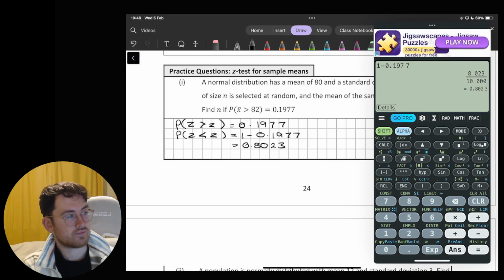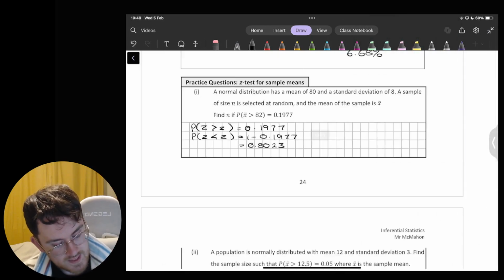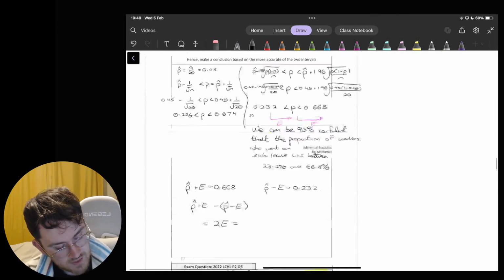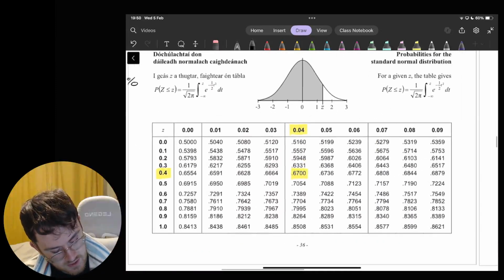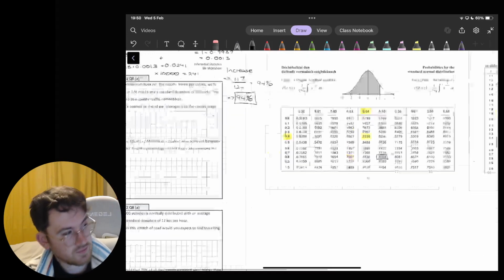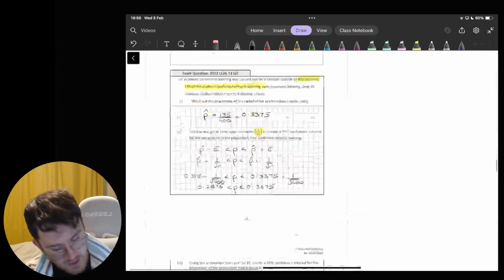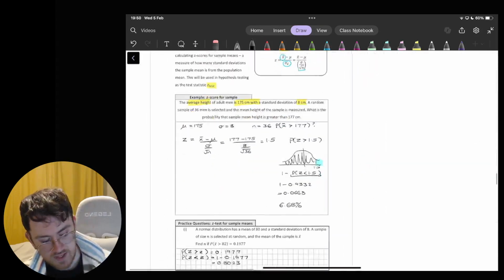0.8023. Okay, so we'll go and see where in my z-scores that value lines up. Okay, all the way up here, 0.8023. I can see it here. That lines up with 0.85. Okay, 0.85. So we're basically saying here that